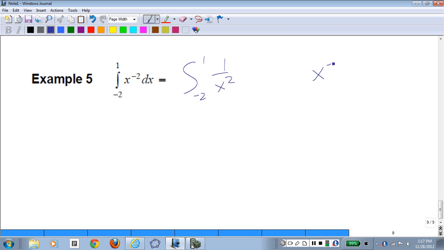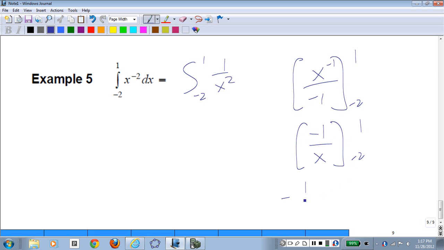We could get x to the negative 1 over negative 1 from negative 2 to 1. That would be negative 1 over x from negative 2 to 1. It would be negative 1 over 1 minus negative 1 over negative 2. It would be negative 1 minus 1/2, which is negative 1.5. However,